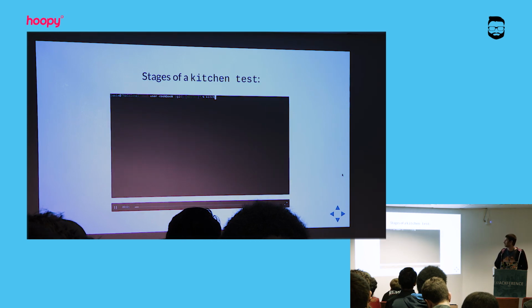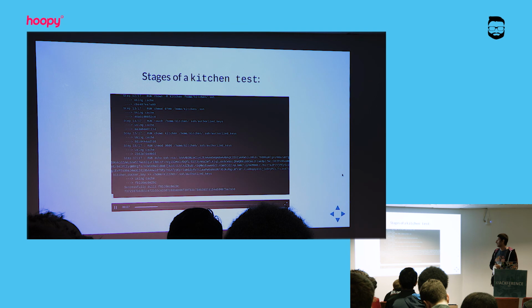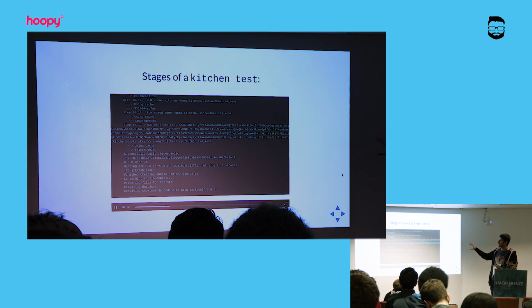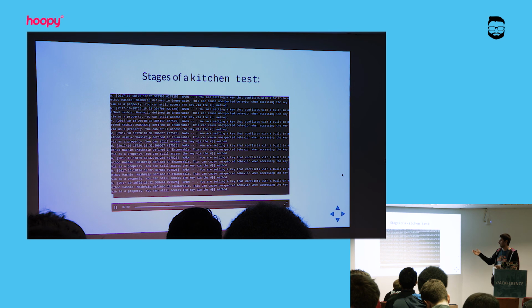So if you run kitchen list, you can see you've got one instance. Then you want to create the instance. This is using a Docker base instead of Vagrant because it's a lot quicker. So this basically creates the instance,